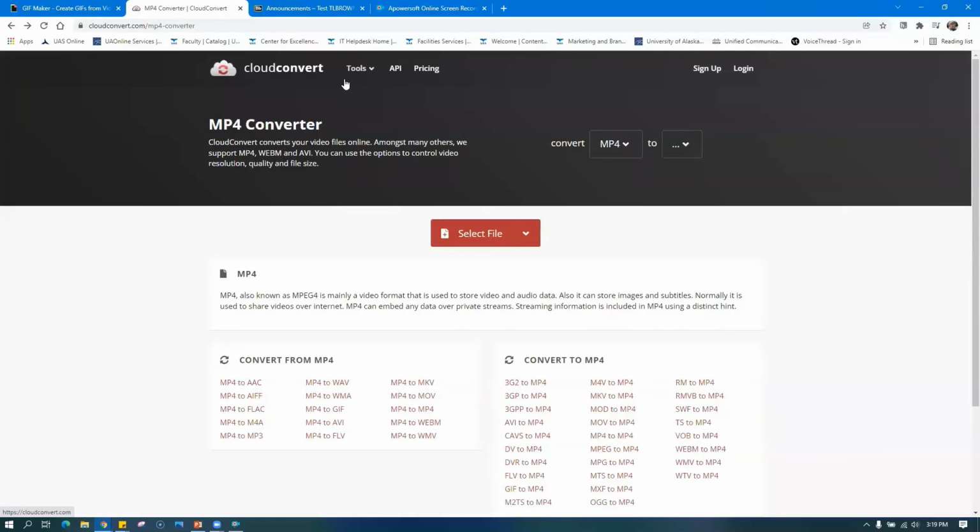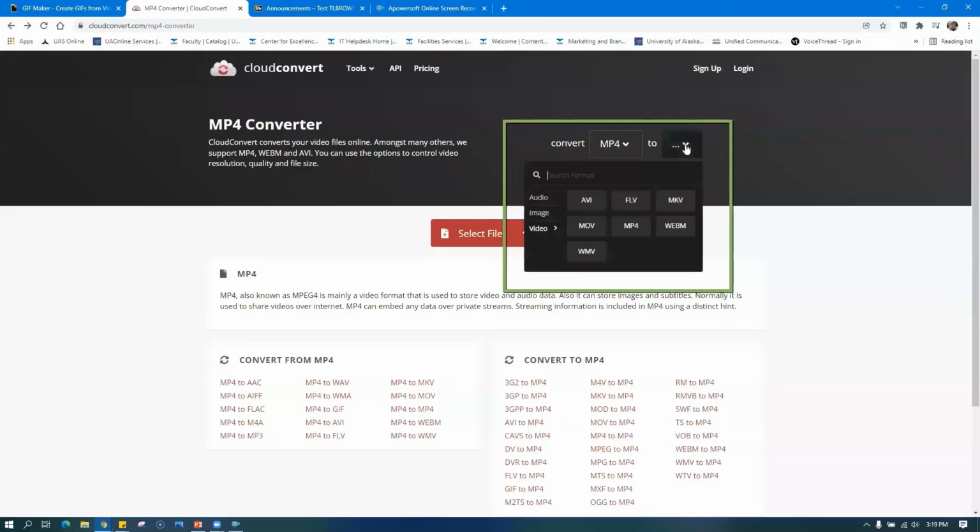What I like about this particular website is that you get a copy of your file to download instead of it living on the web like it does with Giphy. With Giphy, unfortunately, you can't download it. You can only embed or share. So I'm trying to transfer my MP4 to